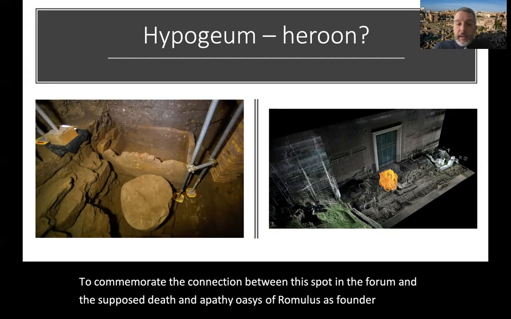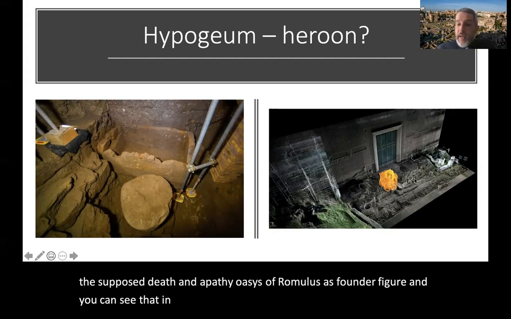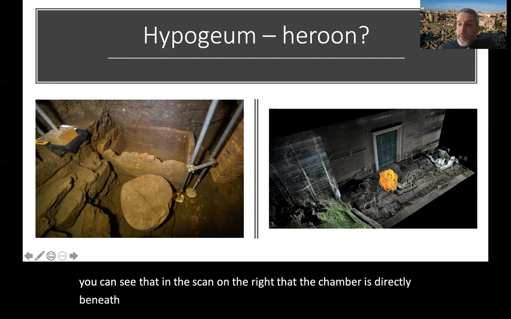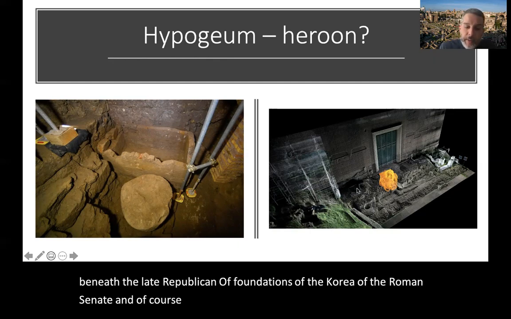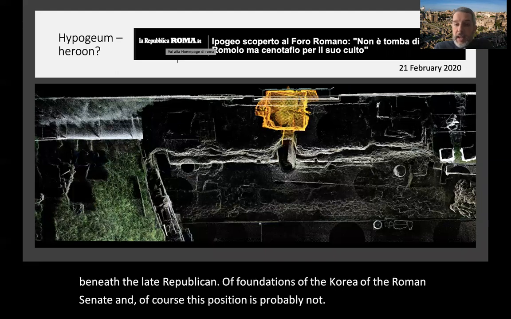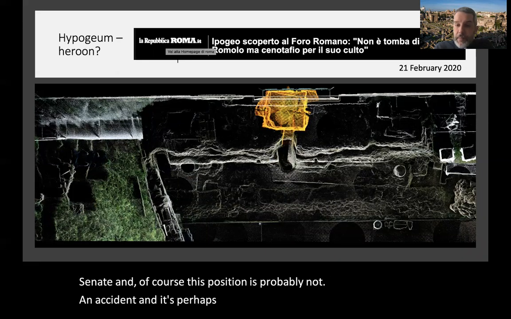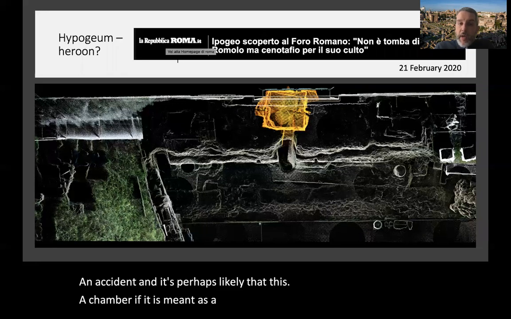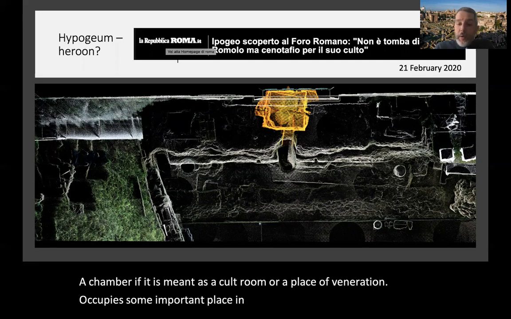And you can see in the scan on the right that the chamber is directly beneath the late Republican foundations of the Curia of the Roman Senate. And of course, this position is probably not an accident, and it's perhaps likely that this chamber, if it is meant as a cult room or a place of veneration, occupies some important place in the sacred landscape of the Forum Valley, and indeed of the collective memory of the